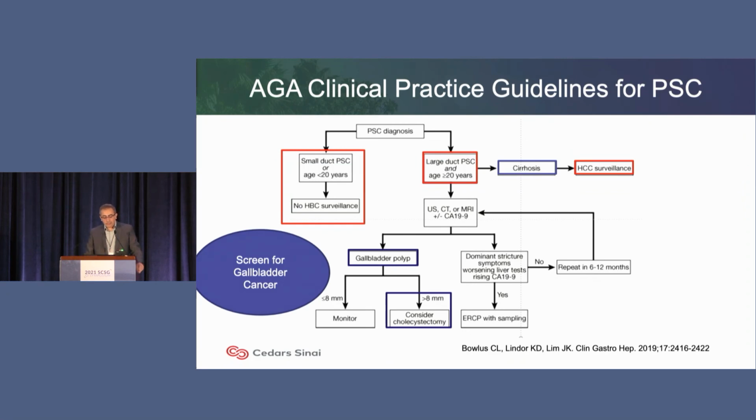Also important to assess for the presence of gallbladder polyps due to a higher incidence of gallbladder cancer in this population. If a patient has a polyp greater than 8 millimeters, it's time to refer this patient for a cholecystectomy. And don't forget to screen for osteoporosis, because all patients with cholestatic liver disease have a higher incidence of osteoporosis